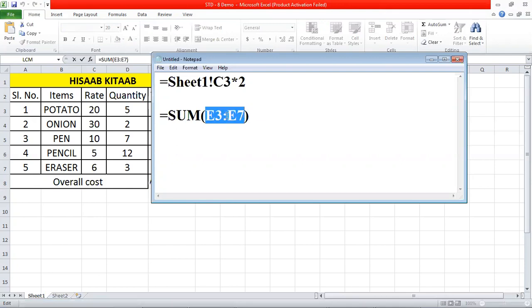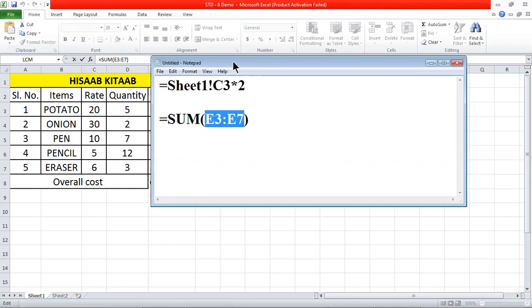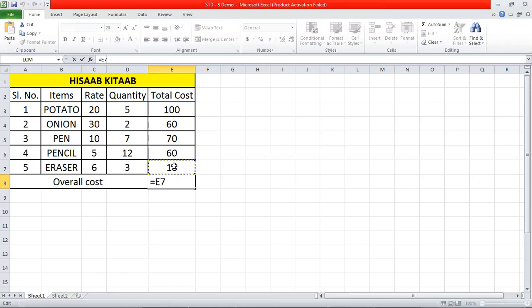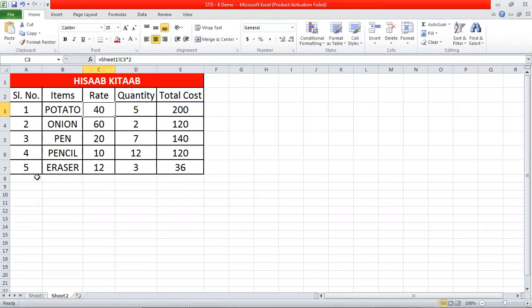This is the range of values, because from 100 to 18, the range of values is what? Is equal to SUM from here to here. Enter, 308. Clear?